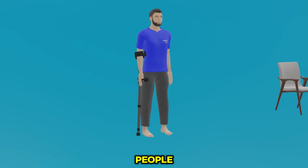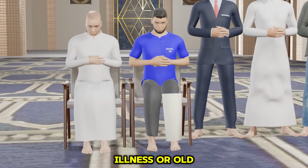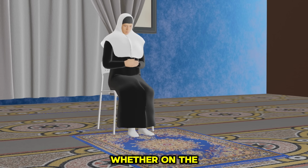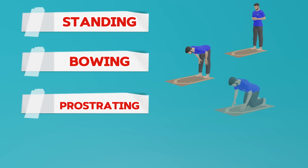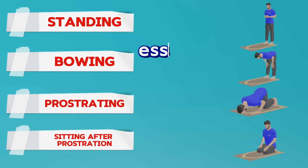There are some people who may have problems in offering the prayer in the normal manner due to illness or old age, and in such cases, it is recommended for them to sit, whether on the ground or on a chair. It is known that standing, bowing, prostrating, and sitting between the two prostrations, or for at-tashahhud, are the essential